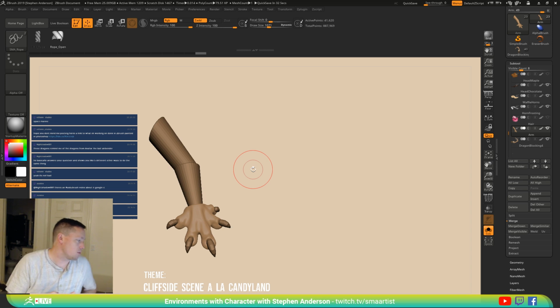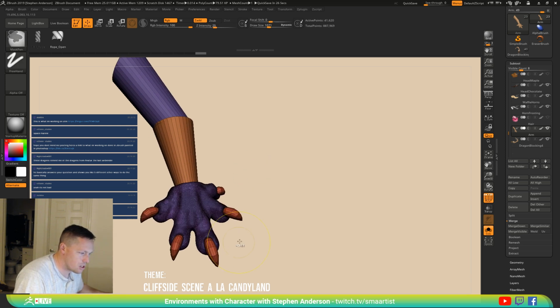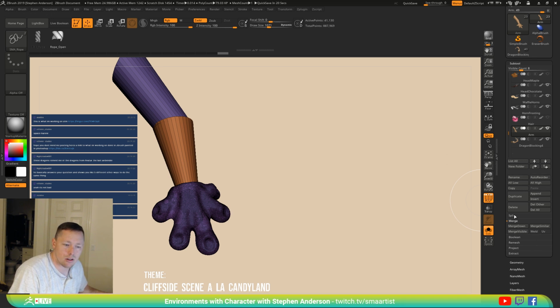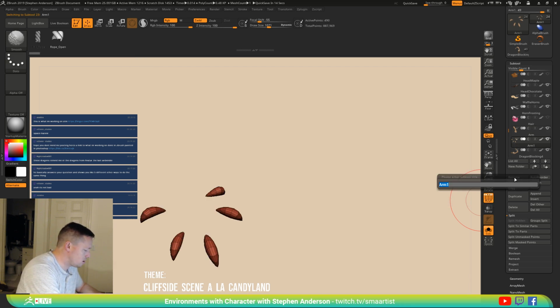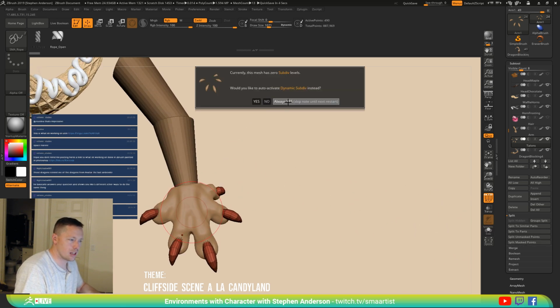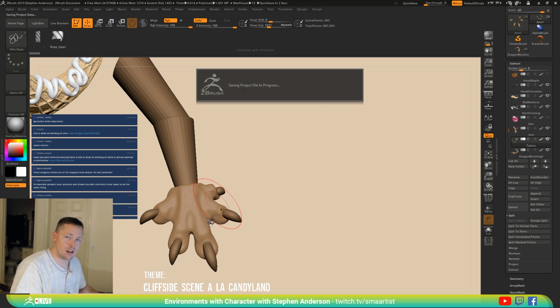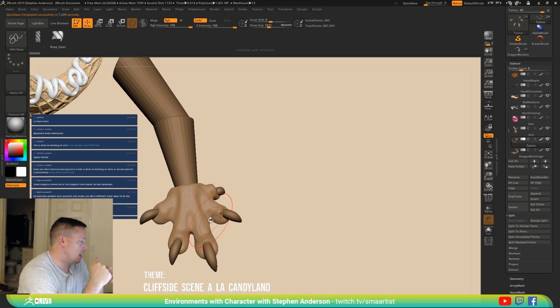Okay, so a couple of different ways that I handle topology inside of ZBrush. First things first, I can hide these nails. I don't mind them. So what I'll do is I'll hide them, split them. Okay. This way I've got my nails ready. Or talons. I'll say talons. Okay. And they'll have to be rearranged and everything like that, because once I work out the topology of these hands,